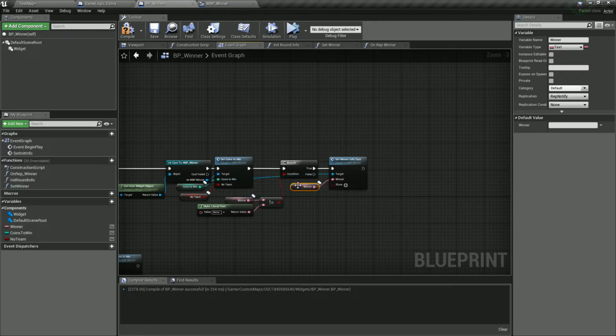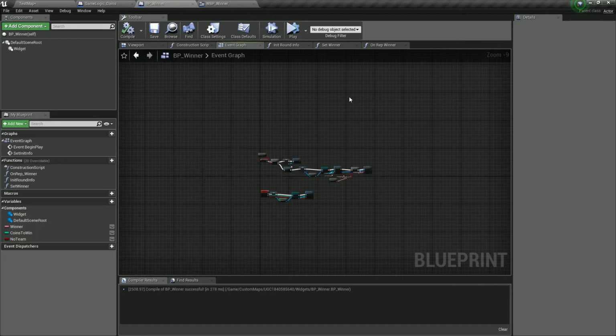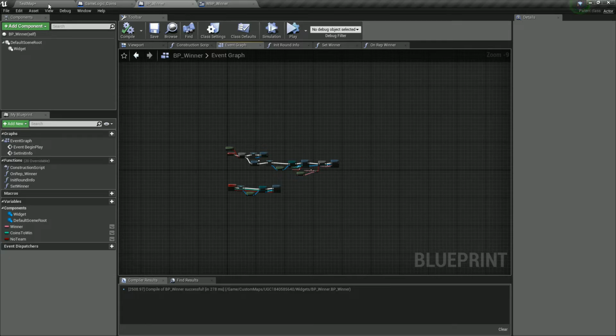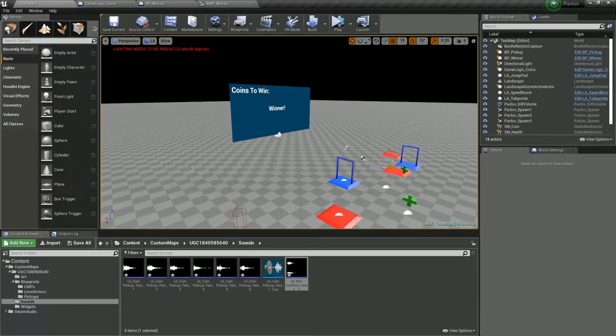We will pass in our winner and we will set show. And there we go. That's our setup as far as this widget goes. We could drag them out into the world and they will update. You could technically even attach them to the player, the ones that are dragged out into the world client side